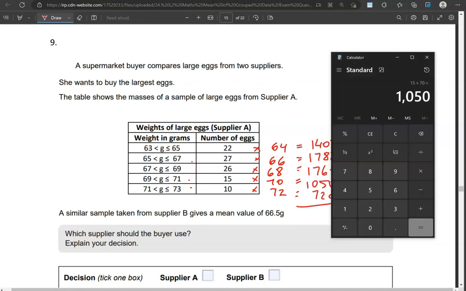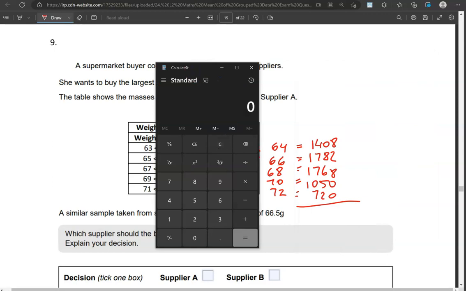So adding all of these together gives us 6,728,